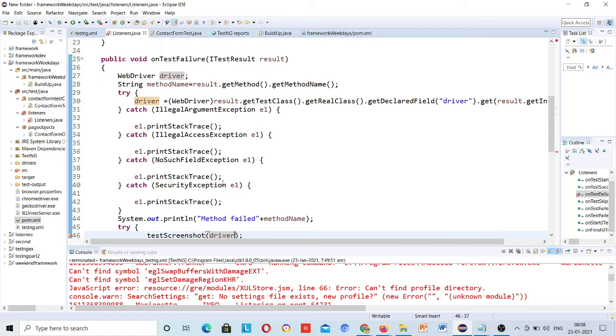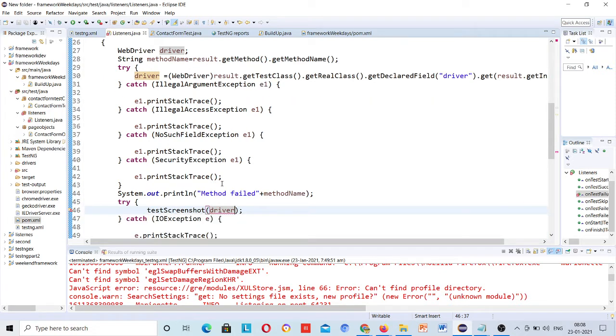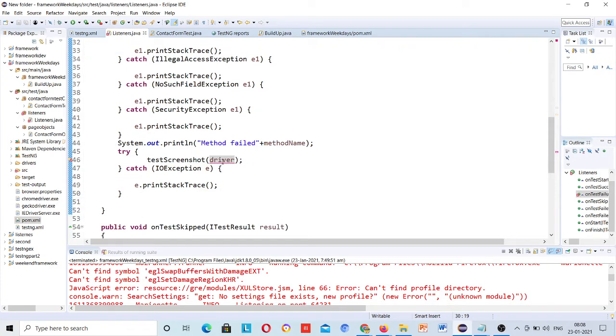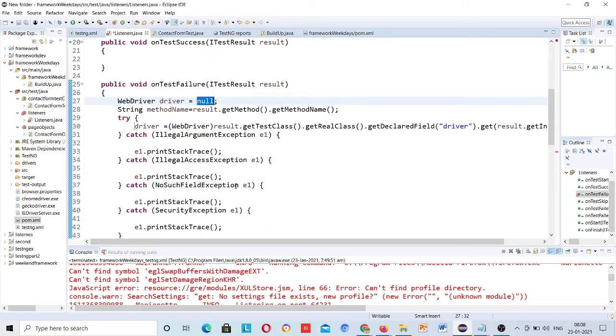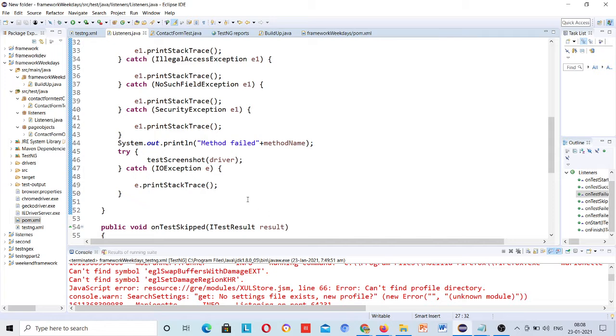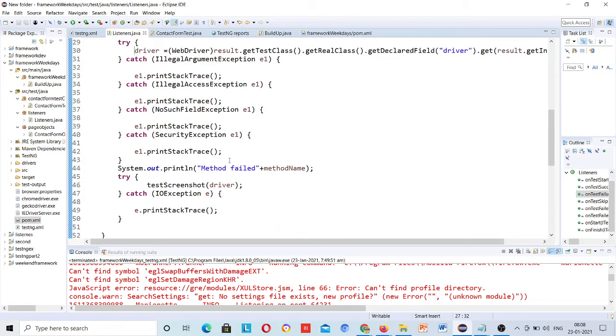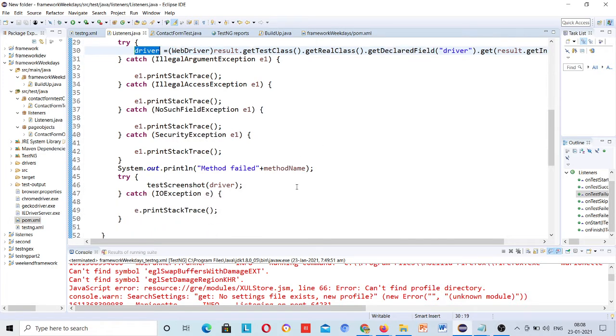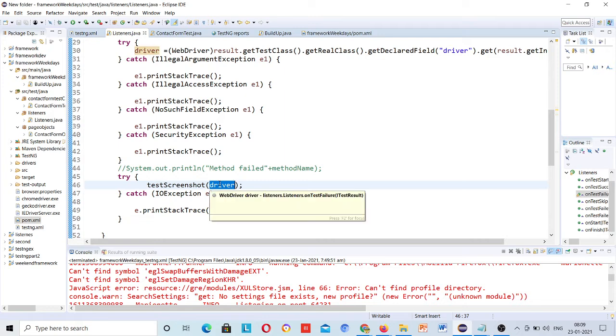Now this is saying that this driver is here. What is the error? Initialize variable. Okay, initialize. Just go and see that everything is fine. This driver is actually getting from here, then the method name. Okay, this I was trying, and then test screenshot.